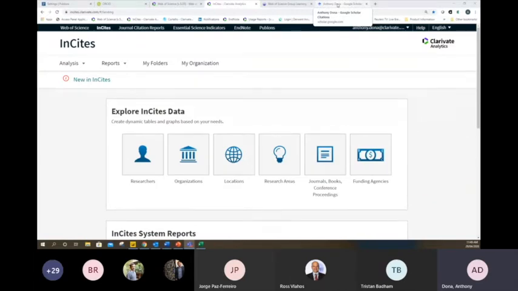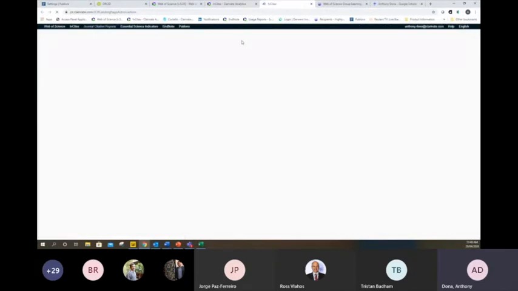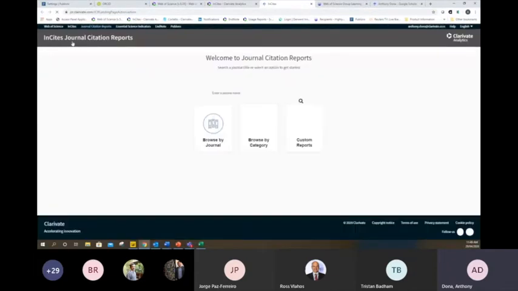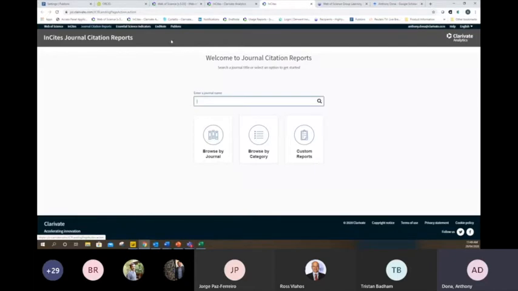The other thing that's often misunderstood is the way that bibliometric data works and how it looks. For this one, I'm going to jump across very quickly into our third link across the top here, which is Journal Citation Reports. I'm just going to open up a new tab. You guys have access to all of this as well. As a matter of fact, you guys have access to everything here at RMIT, so feel free to click and play. Journal Citation Reports is actually our journal reporting tool, so you can pull out any metric you may ever want on a journal. Obviously, people talk about impact factors a lot, but they're often misused.